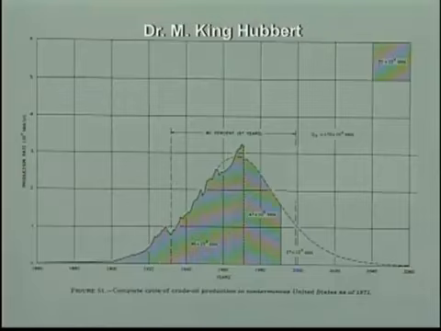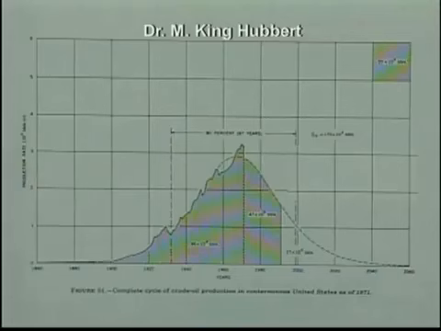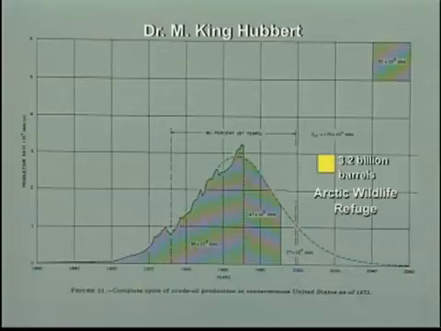Now, that's roughly what that Texas expert said in the quotation we saw earlier. Now let's see what it means. It means that from now on, domestic oil production can only go downhill, and it's downhill all the rest of the way. And it doesn't matter what they say inside the Beltway in Washington, D.C. Now, it means we could work hard and put some bumps on the downhill side of the curve. You'll see there are bumps on the uphill side. The debate is heating up over drilling in the Arctic Wildlife Refuge. I've seen the estimate that they might find 3.2 billion barrels of oil up there. 3.2 billion is the area of that little tiny square.